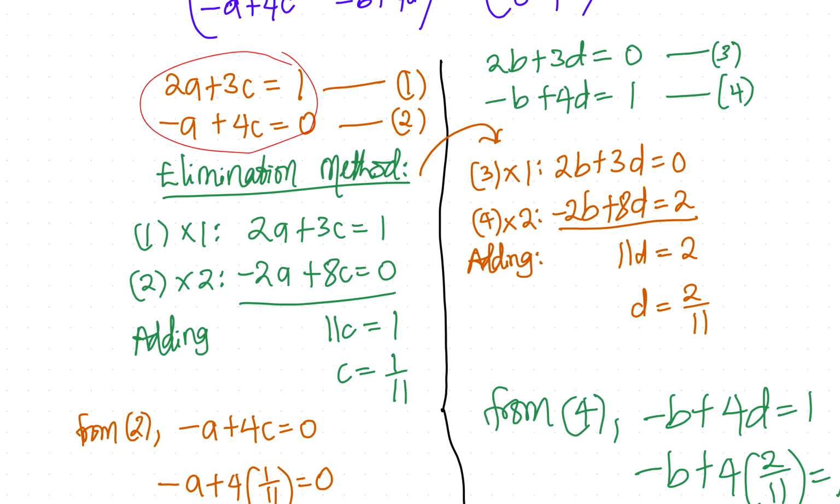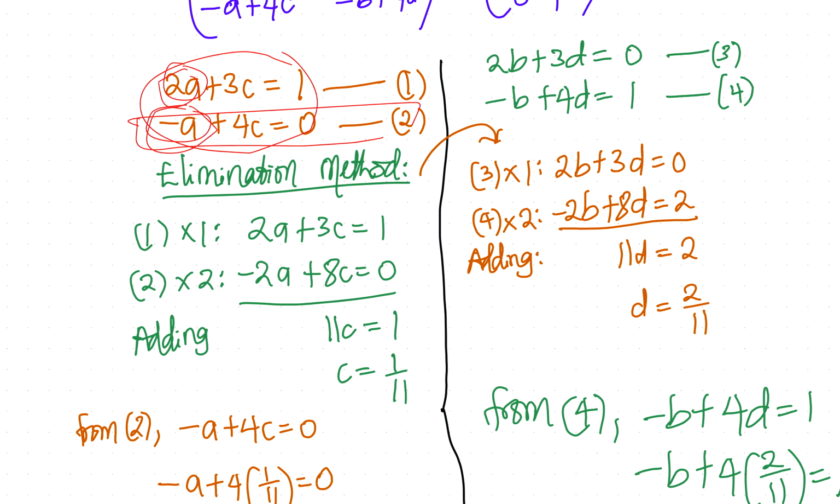Once I find C, then I take it back and I look for A. So I'm eliminating A, I get C. Then I use the value of C in the equation and I get A. Here, I already see that this is 2A and this is minus A. So it's pretty easy to just multiply equation 2 by 2 so that I have 2A here and minus 2A here. Once I add that up, 2A minus 2A will just cancel out and I'm left with C,